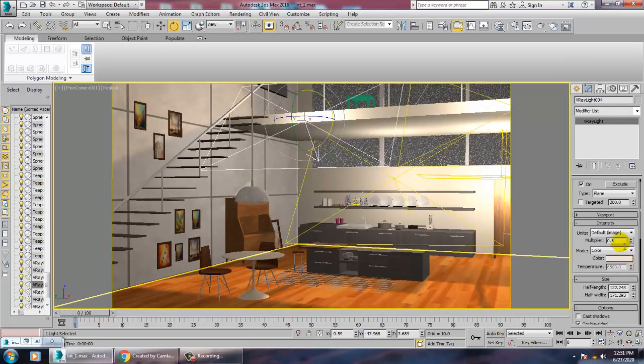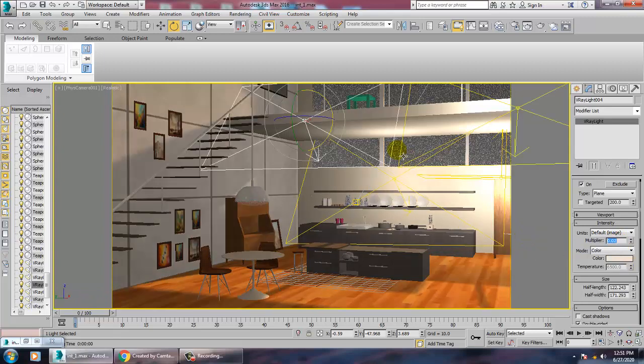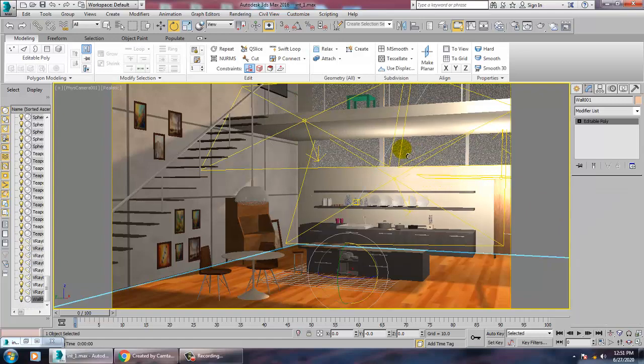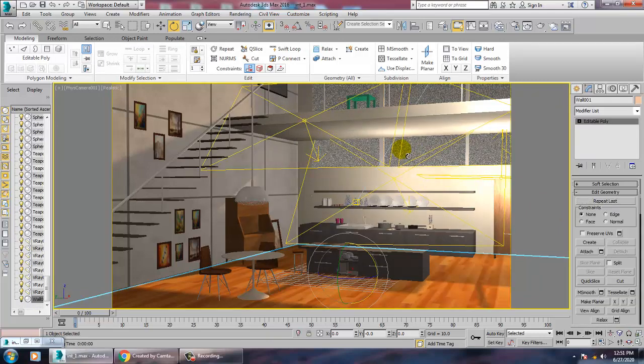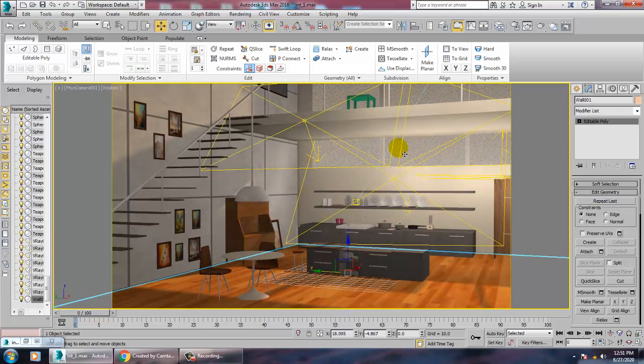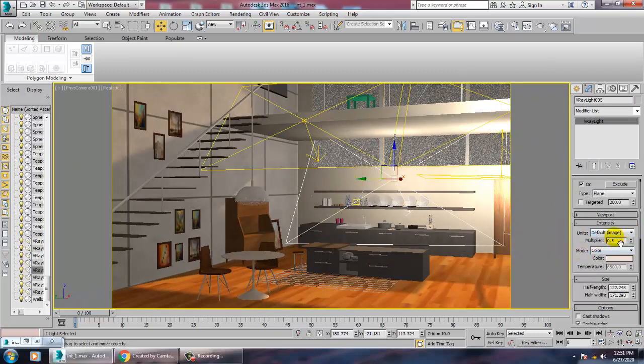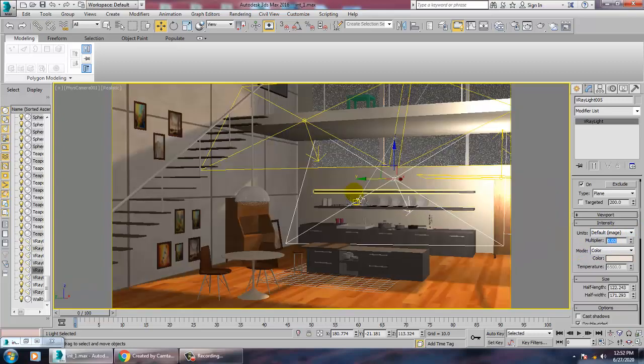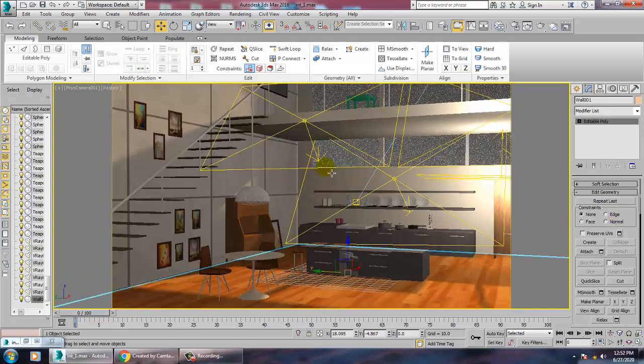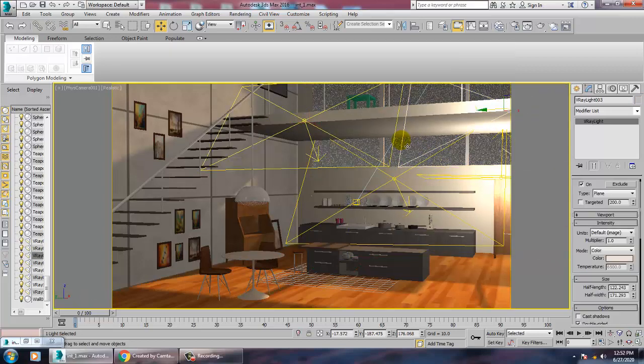Select these lights, 0.02, so we can reduce the intensity of all of these lights.